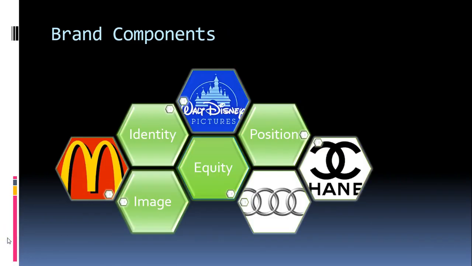Okay, so we've looked at this diagram before, and in the next coming weeks we'll be looking at positioning and identity and image, but today we're focusing on equity. So we're really thinking about the value that a brand has. When we've looked at that last diagram and we're talking about the product and then the surrounding elements of the brand, it's by adding those surrounding elements, what does a brand add? Many authors argue that a brand is an organisation's key strategic asset, and for many organisations it can be their number one source of sustainable competitive advantage. It's really important that we understand how we both build and then measure brand equity.